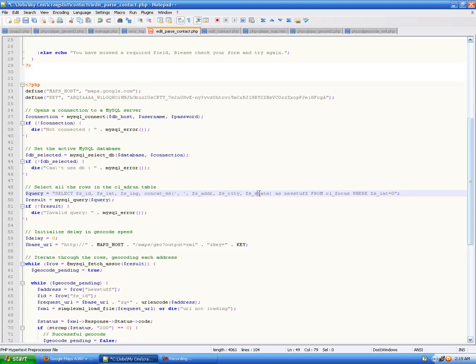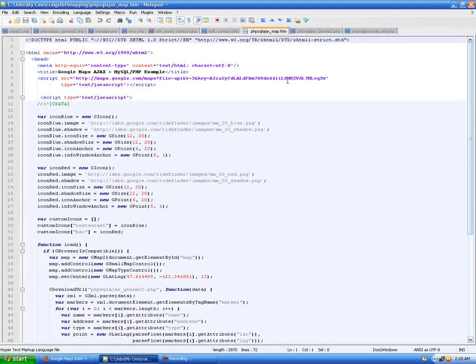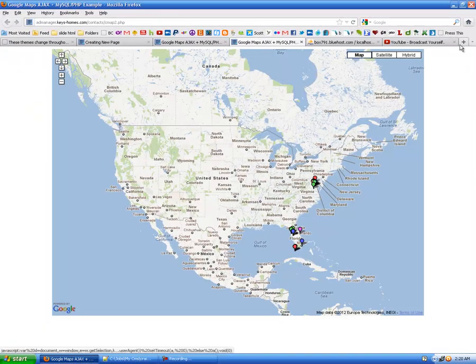If you just need city and state, you can do that. In fact, I have a program that just uses city and state because it's a classified ad program that tracks ads that I'm putting in classified ad sites, and those are basically city specific. They're not going to come down to an address. So with this, the next step is to look at the file that actually creates the map, which is, in this case, PHP SQL Ajax map.htm,